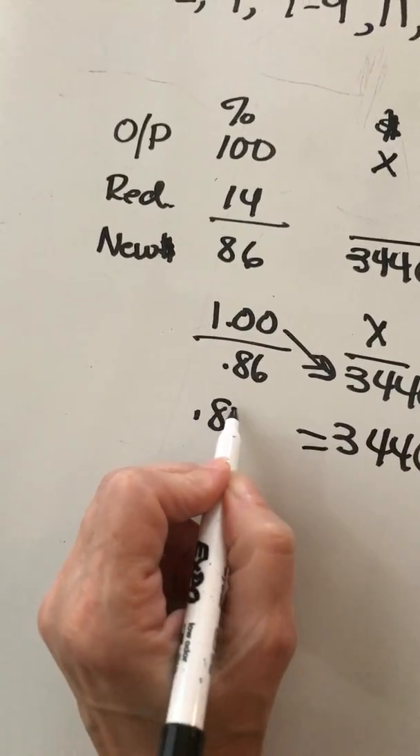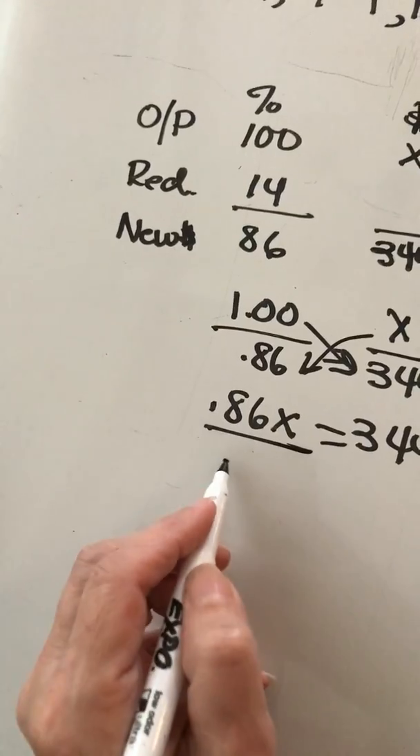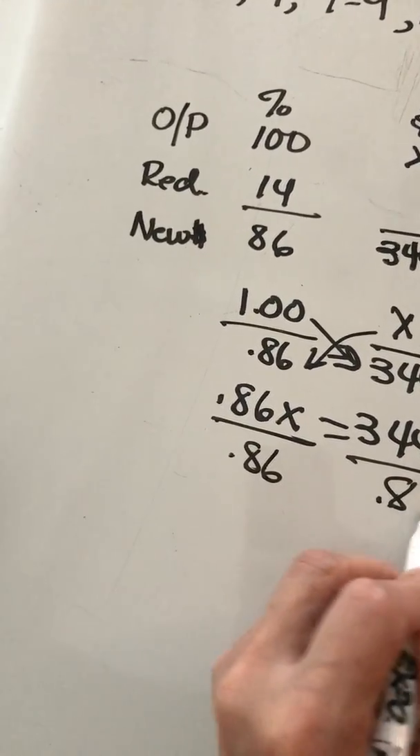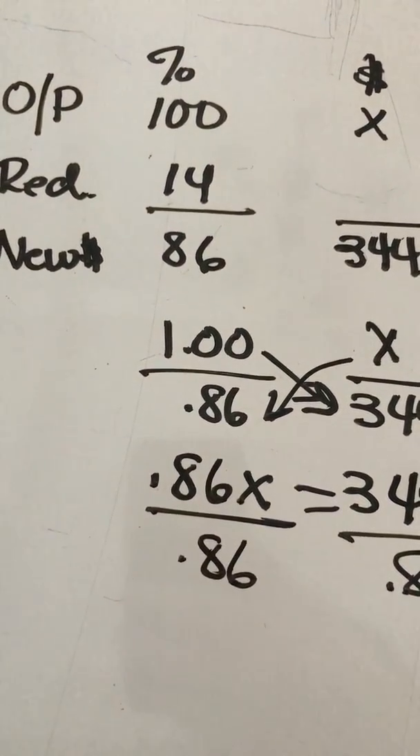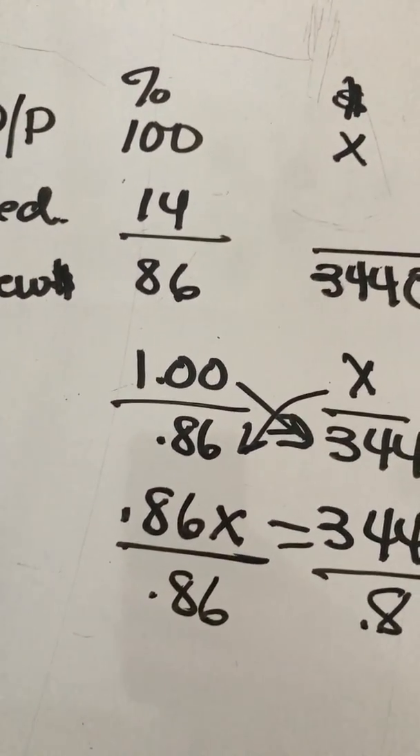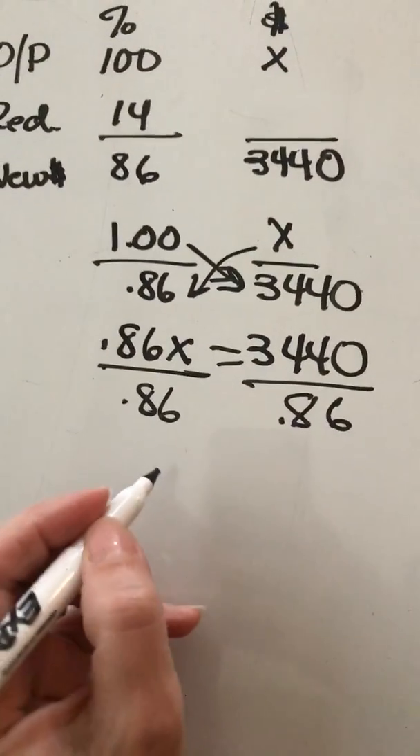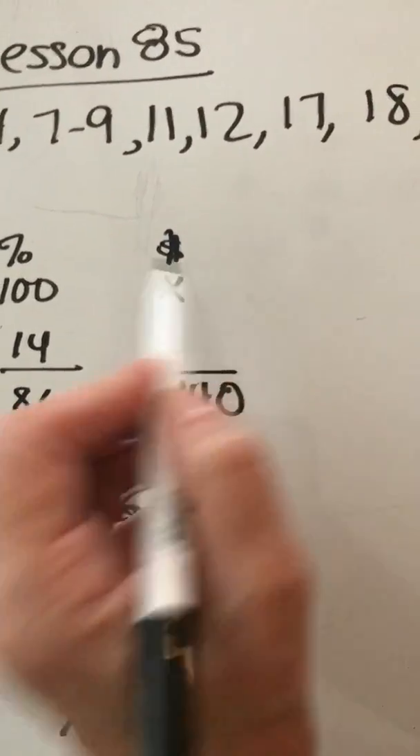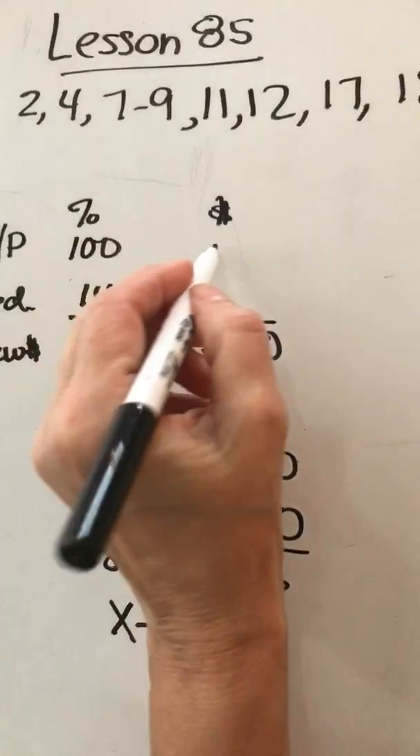equals 0.86x. That's from cross multiplying this way, dividing by 0.86 on both sides, and I will do that. 3,440 divided by 0.86. So my original price was $4,000. So back up at the table, if my original price was